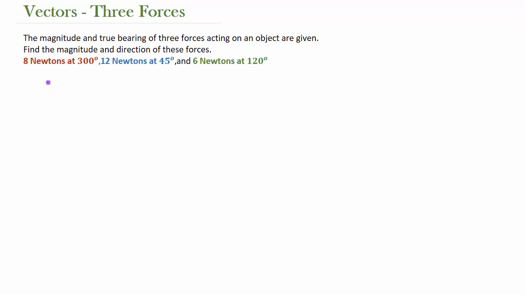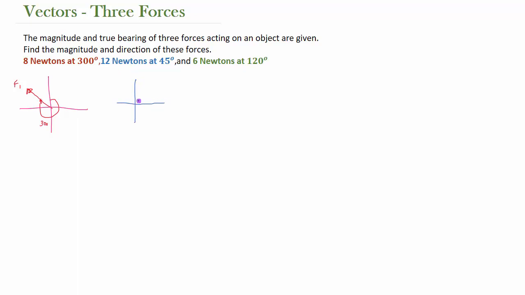So let's get a general idea of what's going on first. Okay? So first off, we have one force that is 8 newtons at 300 degrees. So if we rotate around 300 degrees in our true bearing, 300 degrees is here. I'm going to call that force 1. Remember, it's 8 newtons. Then we have a 12 Newton force